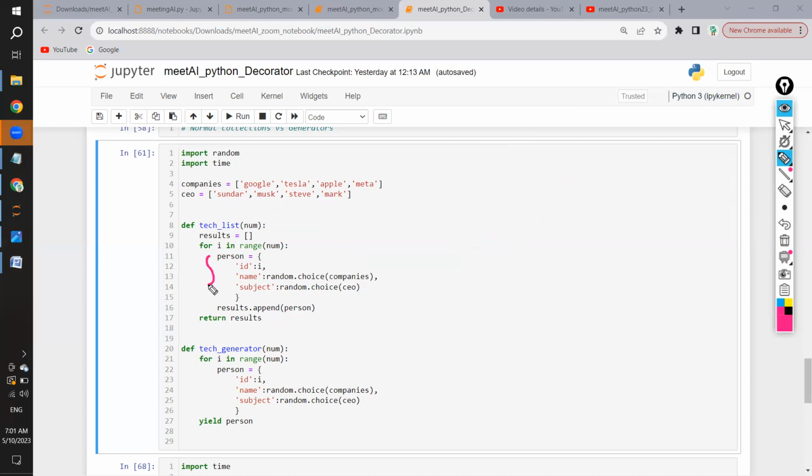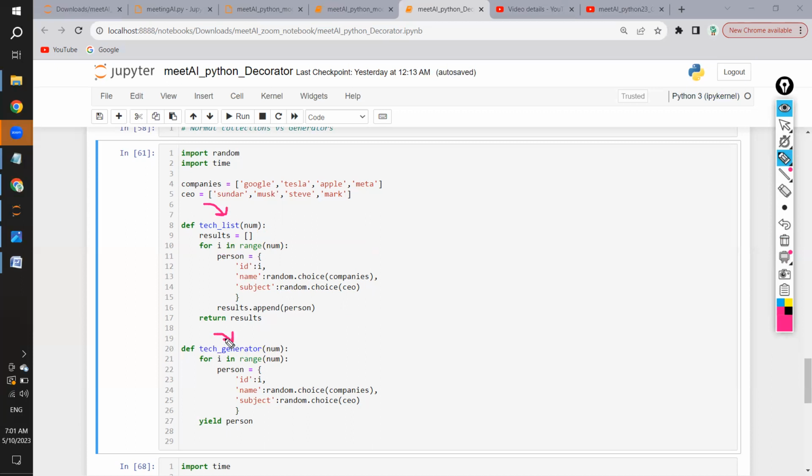A simple operation over here. Every time a dictionary is getting created, we are appending it to results. Results.append, this dictionary will be appended here. Again one more dictionary, like that n number of dictionaries we are adding. That is the function, and we are returning those results. So that is what is happening in text_list. Now coming to